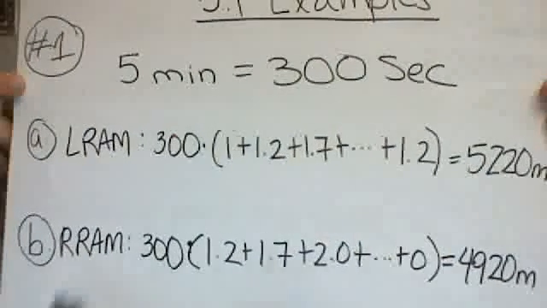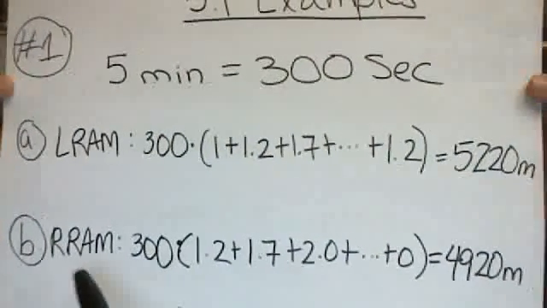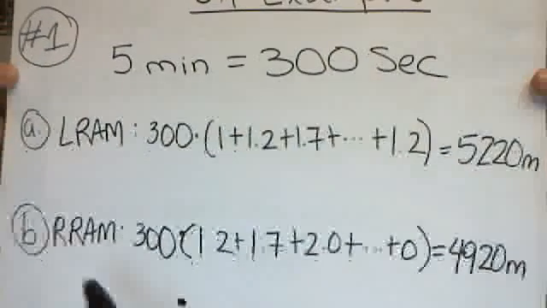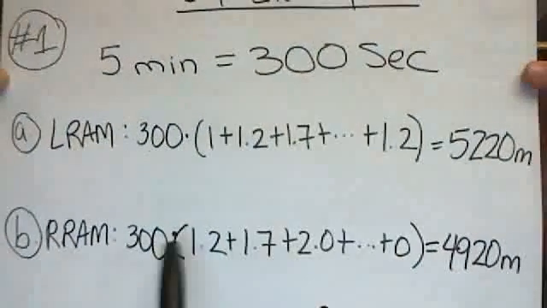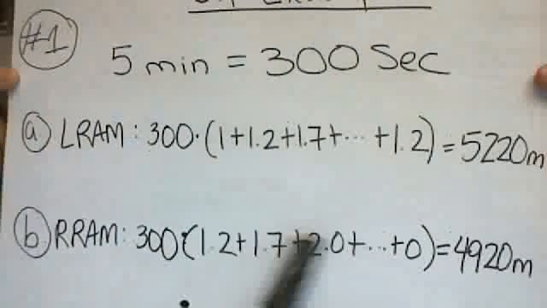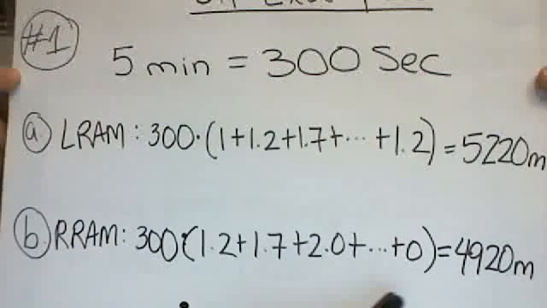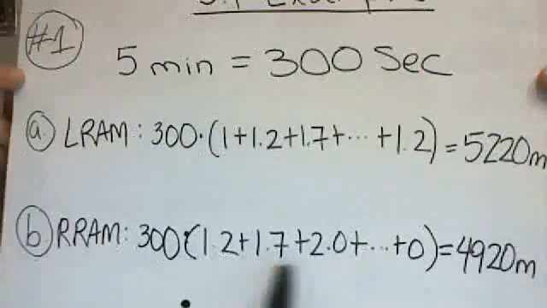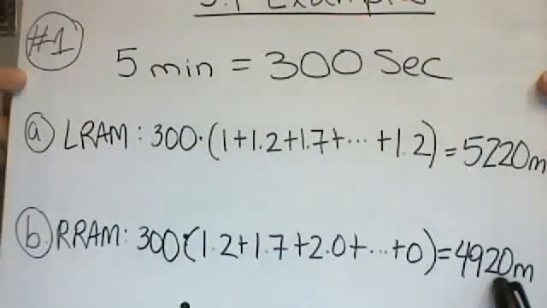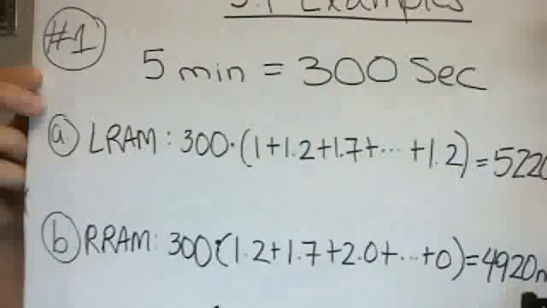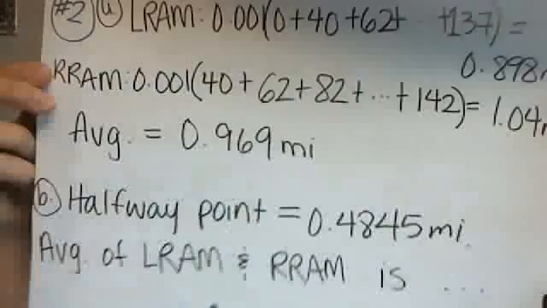So then part B told us to use the right rectangular approximation method. Now using the same subintervals, you're going to multiply 300 times the values from the table, which are put here, which is fairly basic, and then you multiply those two together and you get the value 4,920 meters that the